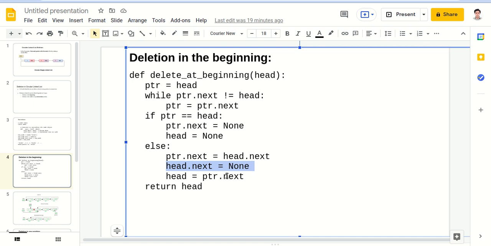And we make head as ptr dot next. Ptr dot next is the node which ptr is pointing to right now. That node we make head point to, because that becomes the new head of the circular linked list.